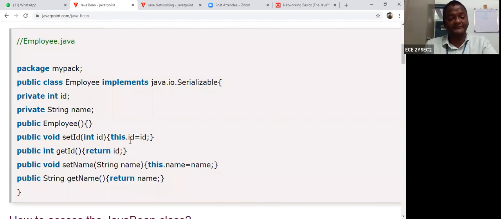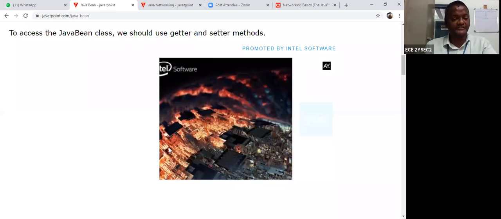So this is called a setter and getter. In this, this.id is assigned to the integer. Whatever ID you give should be assigned to the ID, and it returns the ID. Whatever name you give should be assigned likewise. This way, these are methods with arguments. So the setter method has arguments, but the getter method cannot have arguments. Okay, all right.